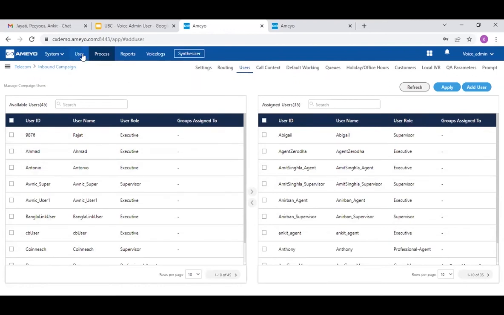Now at a certain point of time, let's suppose there might be peak hours of the day where you wanted more agents to work in this campaign. There might be a lot of traffic or a lot of customers reaching out to you, and you wanted these agents to also work under this particular campaign at the peak time of day. So you can just drag and drop those particular agents and these agents would also be able to work under this campaign.